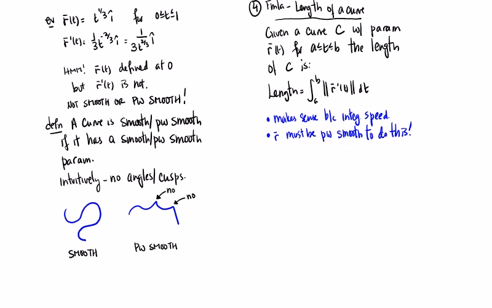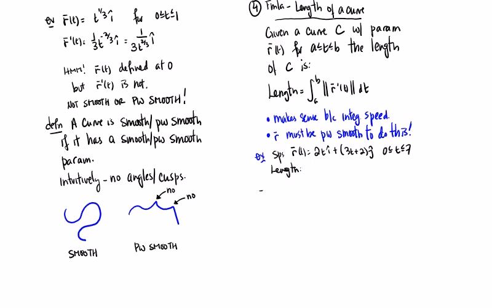So, then we just close with a simple example. Let me go back to blue. I'll do a really, really simple one. But we'll do a line segment. R of t equals 2t i plus 3t j, t between 0 and 7. So this is just to see the application of the formula. To find the length,